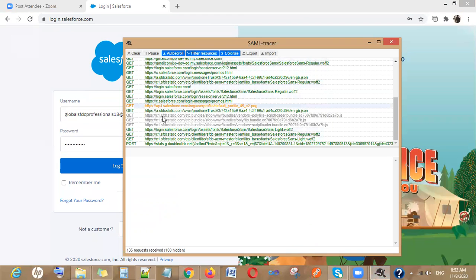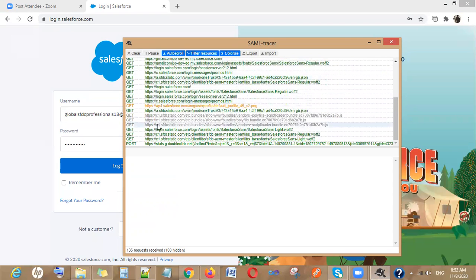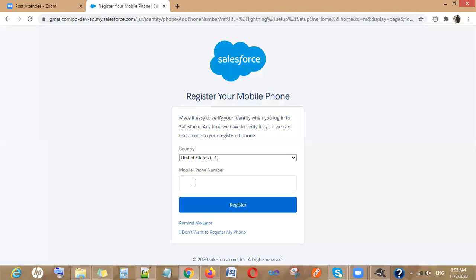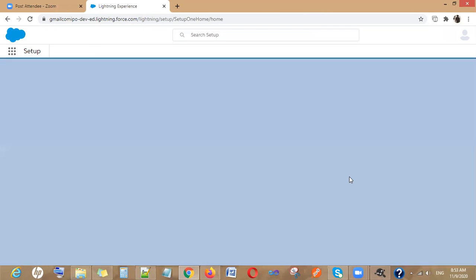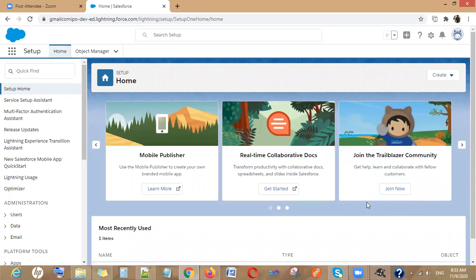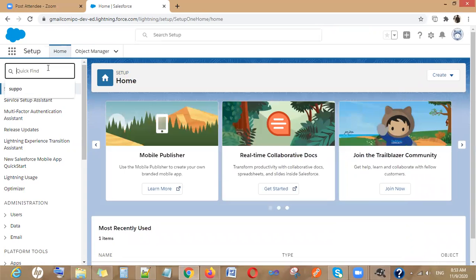You are able to see that as I'm doing something on my browser, the SAML tracer is capturing something. Now I will keep clearing this, and I will go to the